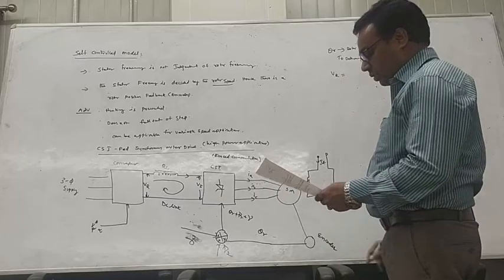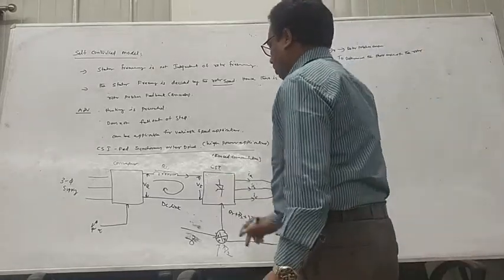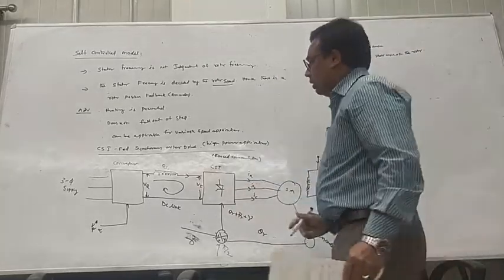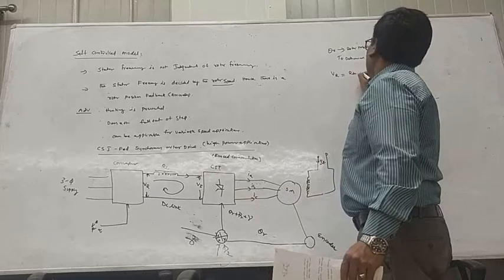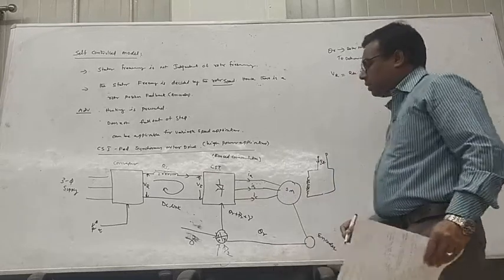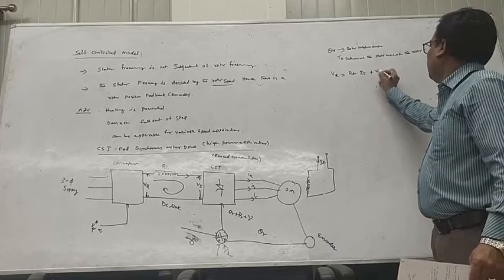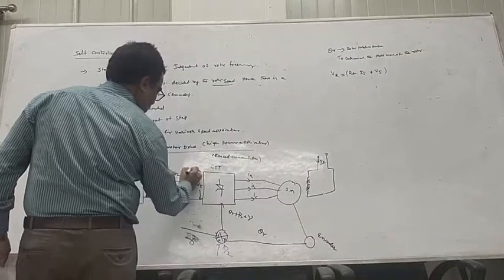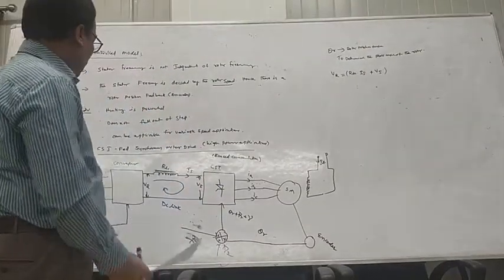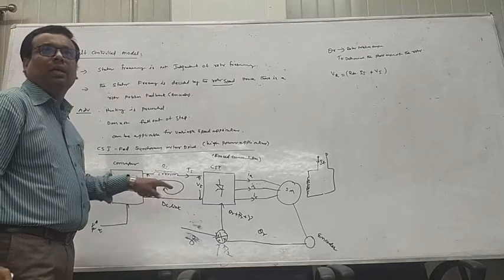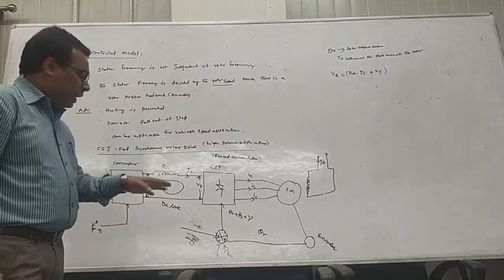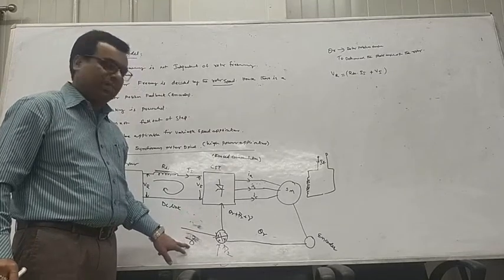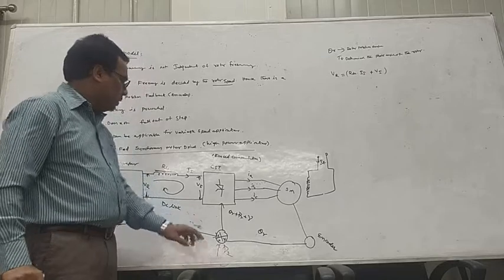from the Kirchhoff voltage law, VR is equal to the voltage drop in the large inductor, that is RDC into II, plus the voltage of the voltage source inverter V. This current is I. By applying the Kirchhoff voltage law, I will explain why you are adding this gamma. With the phasor diagram I will explain this gamma as well as pi by 2. So this is the self-controlled mode,